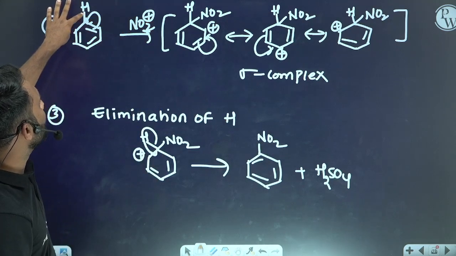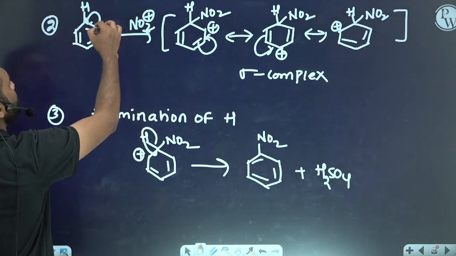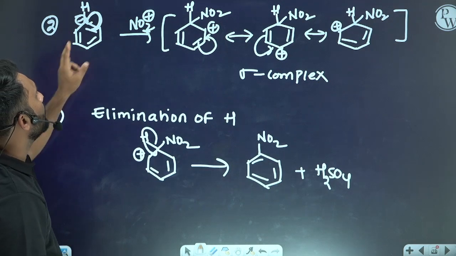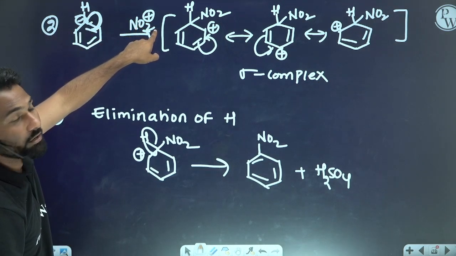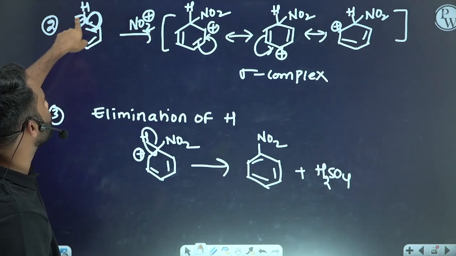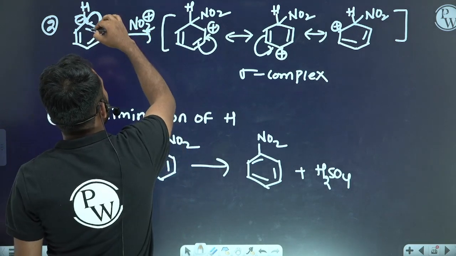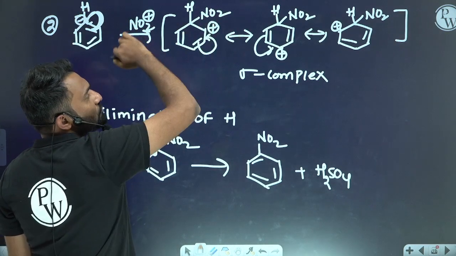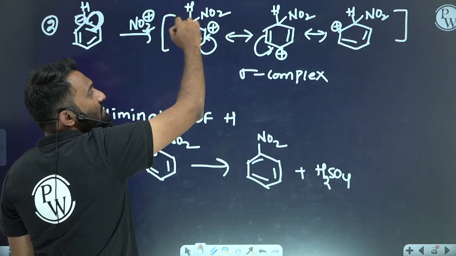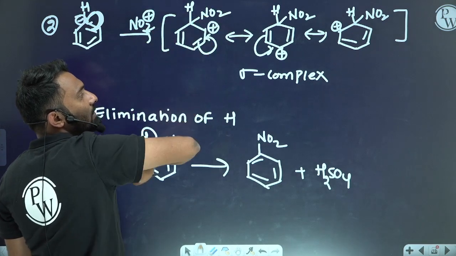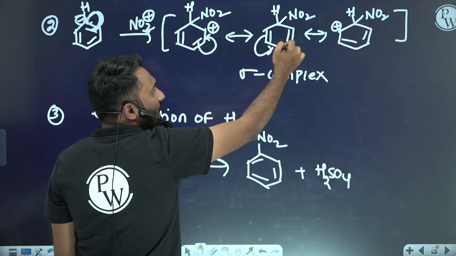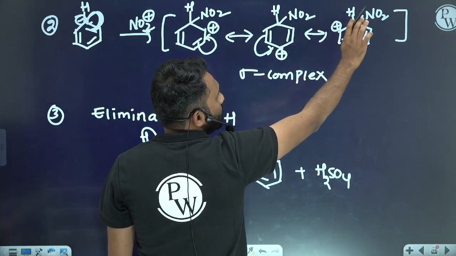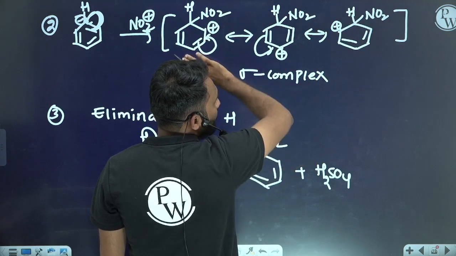Now on benzene, when you shift this pi bond, a negative charge comes here, right? Now this nitronium ion will be attached to this negative charge. When this pi bond has been shifted toward this carbon, this carbon gets a positive charge. To stabilize this positive charge, this bond will be delocalized again. Here you will get the positive charge. This is the sigma complex, all of these are sigma complexes.